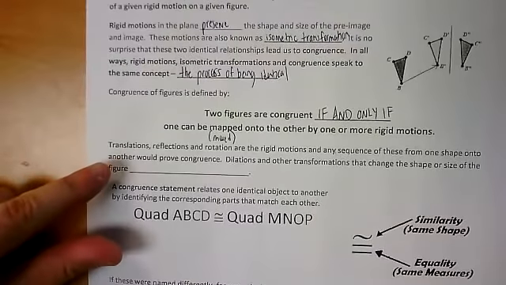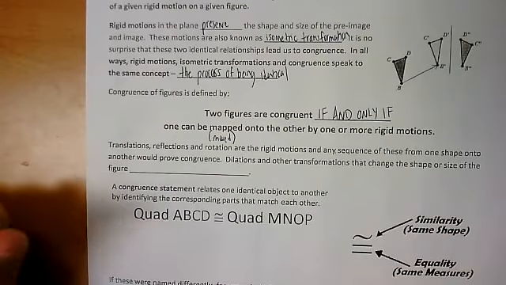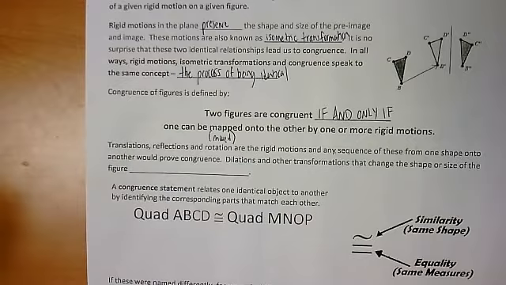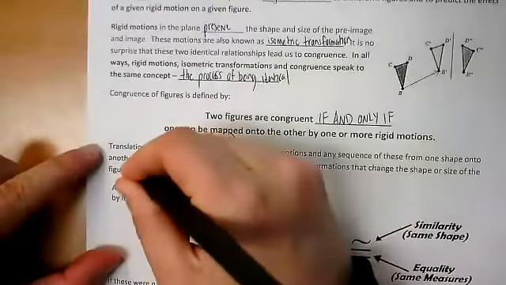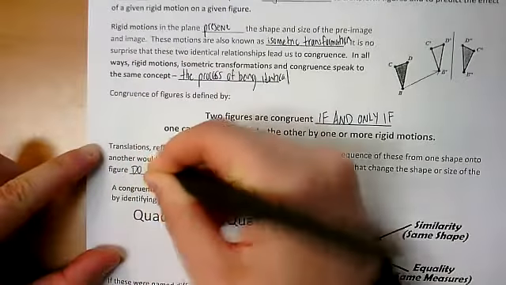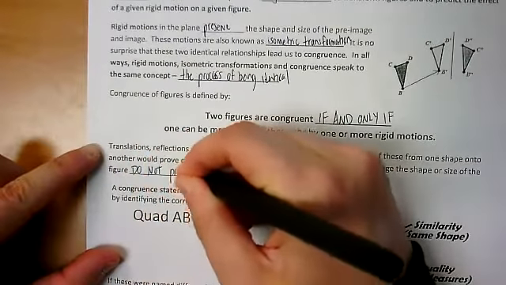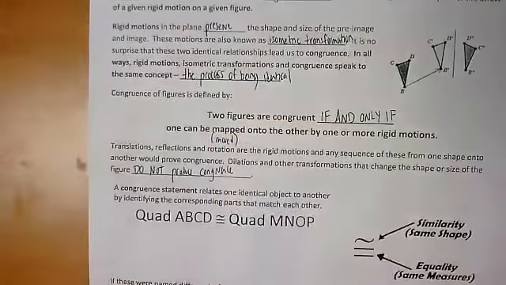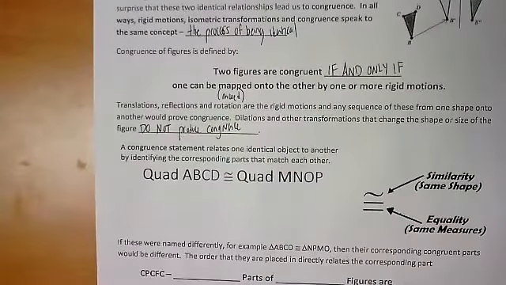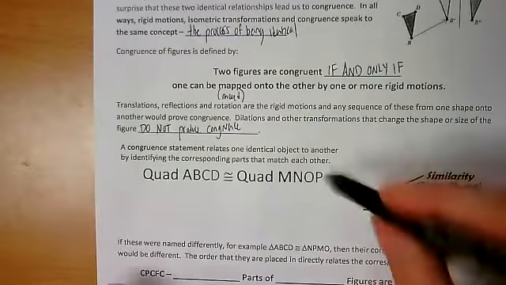Translations, reflections, and rotations are the rigid motions, and any sequence of these from one shape onto another would prove congruence. Dilations and other transformations that change the shape or size of the figure do not produce congruence. Okay? Now this next section says a congruent statement relates one identical object to another by identifying the